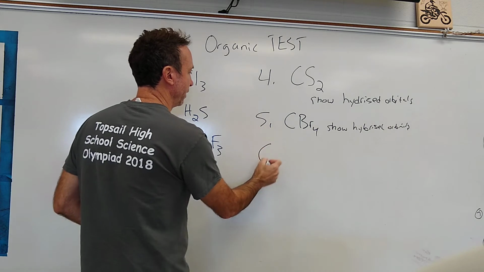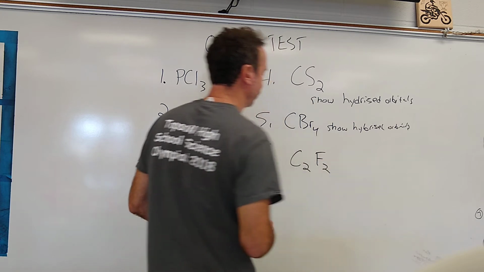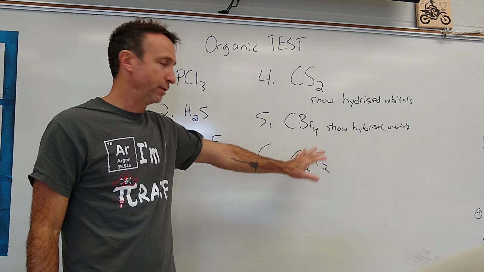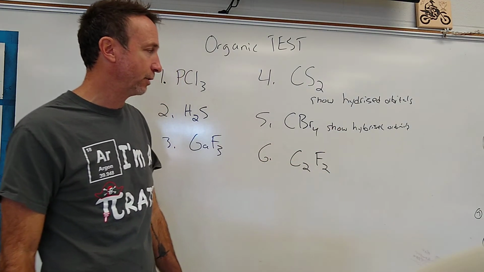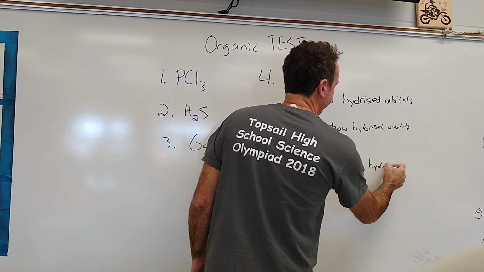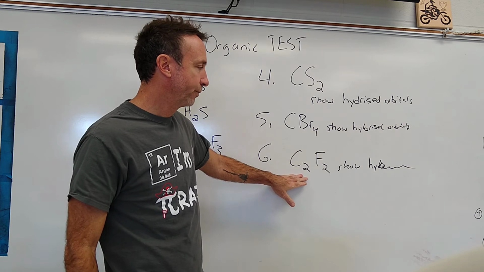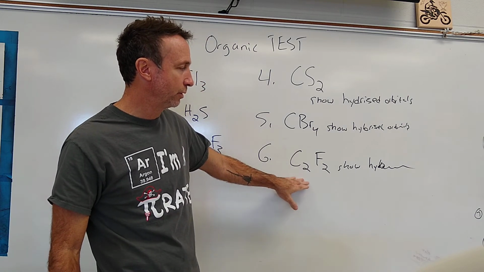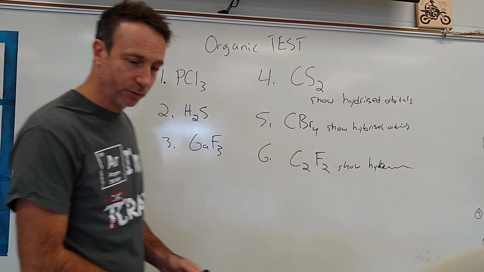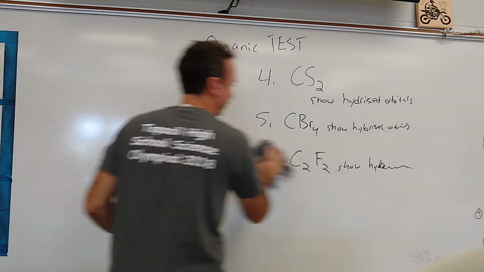Number 6, same thing. Now this one you cannot label the shape because we don't have this shape, but you should absolutely be able to draw this. You should be able to label all the interior bonds. You should be able to show all the unbound pairs of electrons, and you should show the hybridized orbitals for carbon on this one. And you should be able to tell me if this is polar or nonpolar, but you can't name the shape on this one. And then the last one, I'll go back, and the last one will be number 7